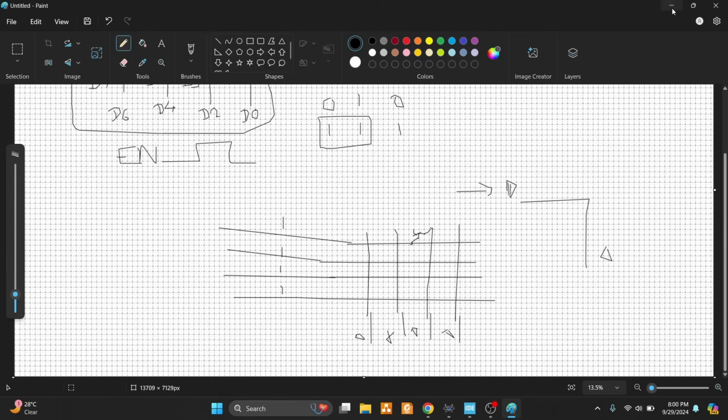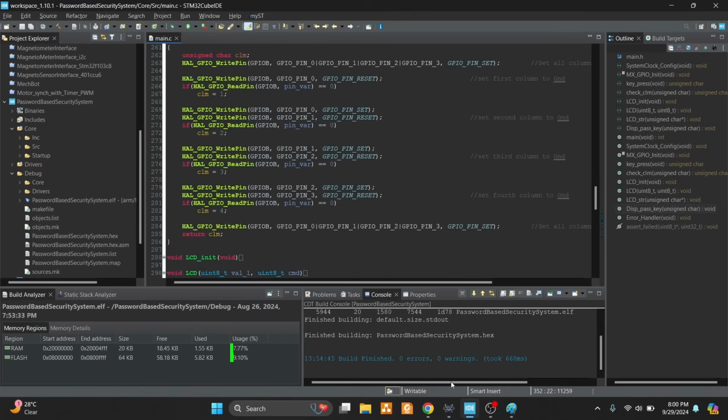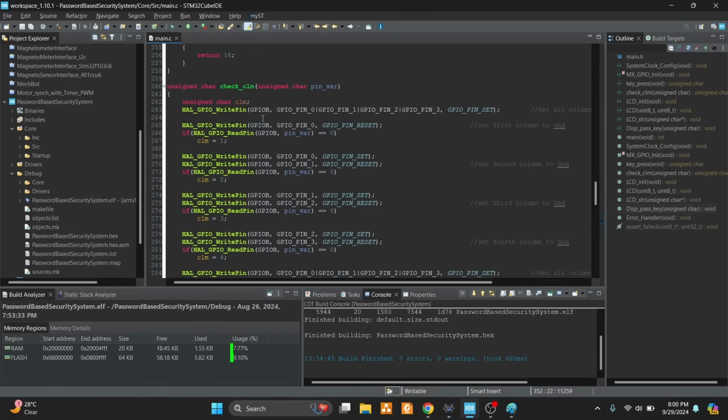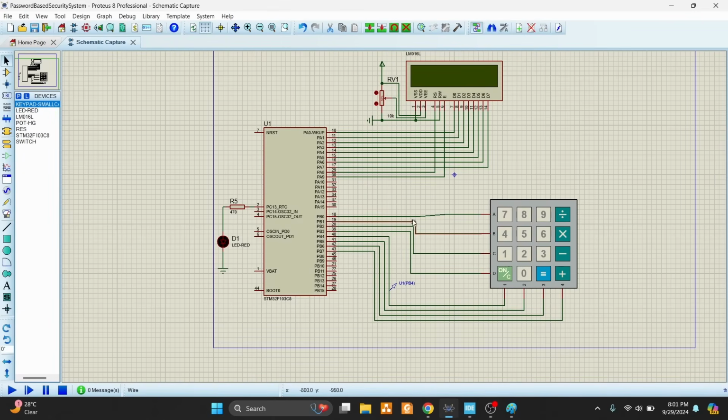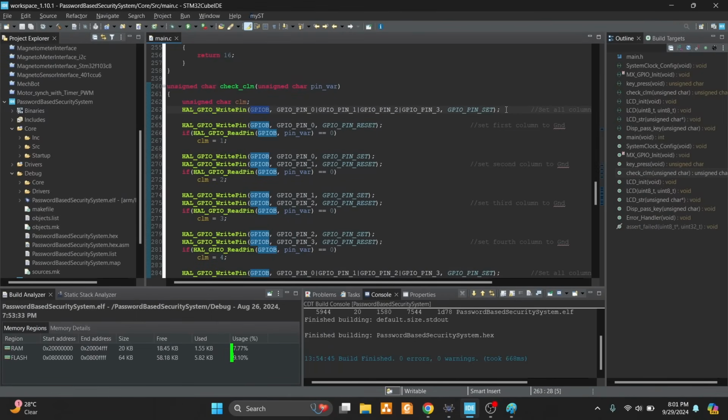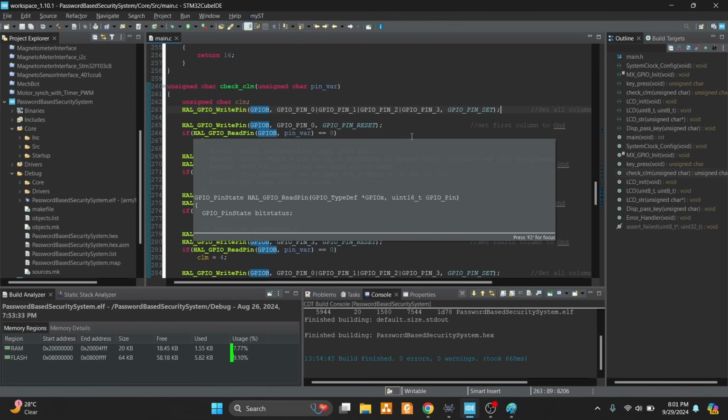So going into our code, the first thing is GPIO port B pins 0, 1, 2 and 3. These are set to high. Set all row pins to high. Then